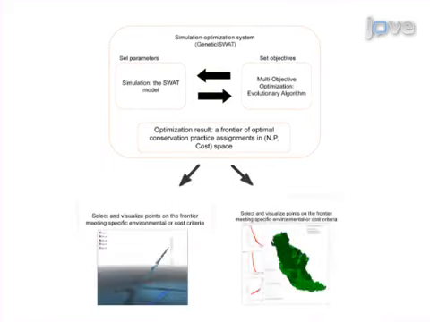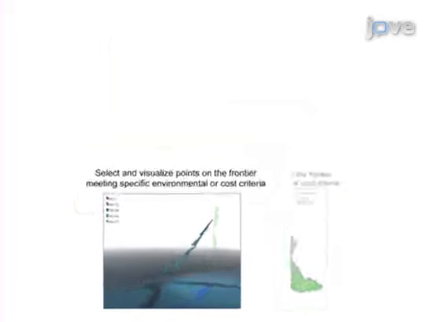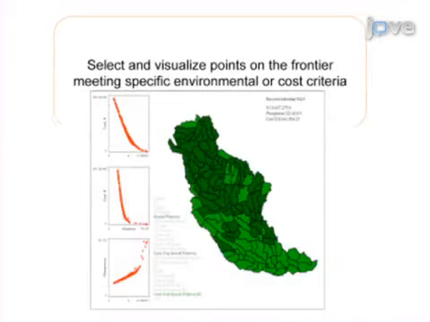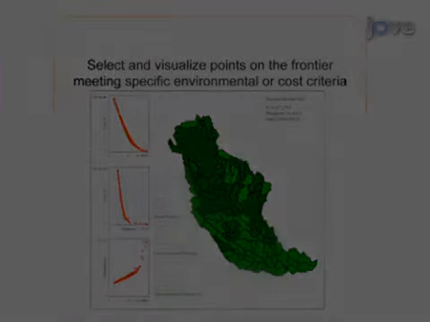Results are obtained that show the optimal set of watershed configurations in terms of conservation practice placements, which quantifies the trade-offs between environmental goals and the costs of conservation investments, and allows selection of a specific spatial configuration of conservation practices based on desired